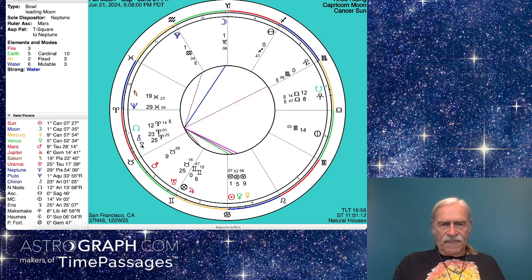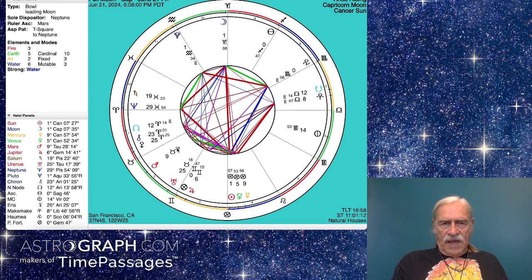And let me get the aspects back here. And also we have Cancer at the bottom of the chart, Capricorn at the top, and that is where we find the sun and the moon. So not the 0 degree Cancer point, which is the solstice point, which was the day before, but this is the 21st, Friday, 6 p.m., so in the evening. And we do see this beautiful full moon unraveling, but at the 1 degree mark.